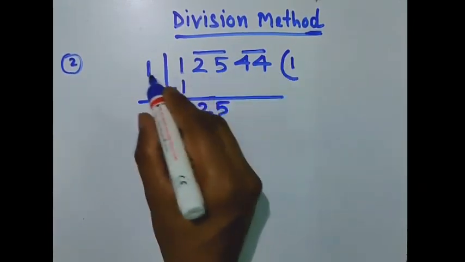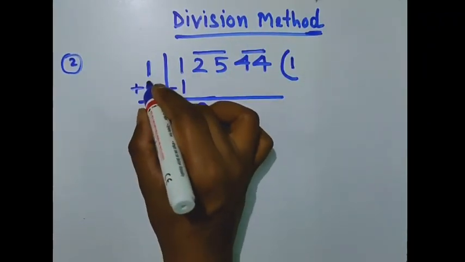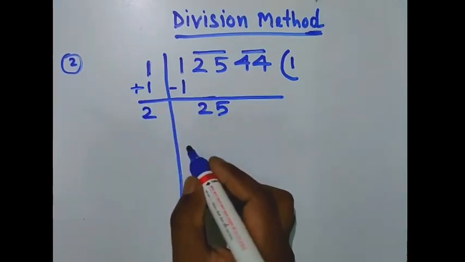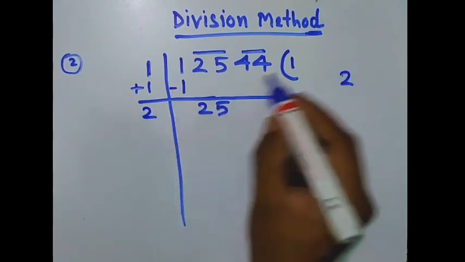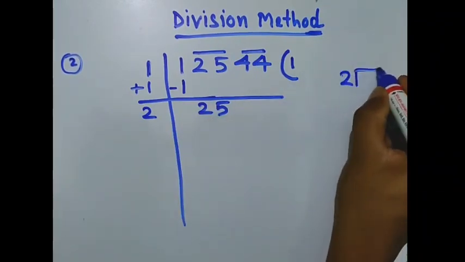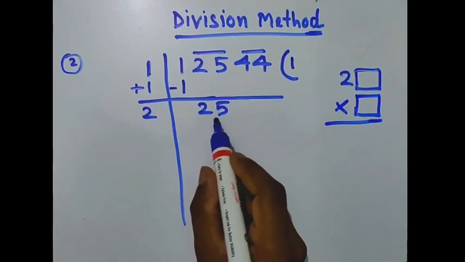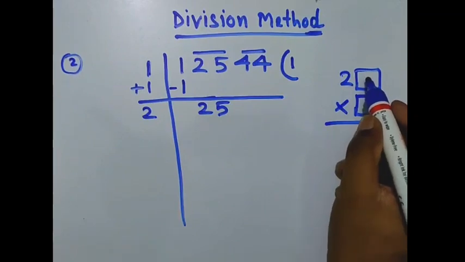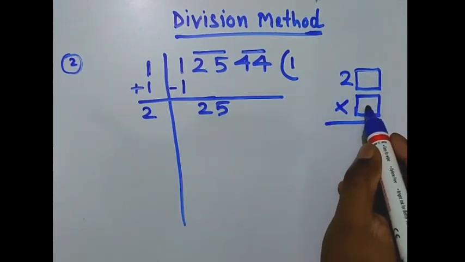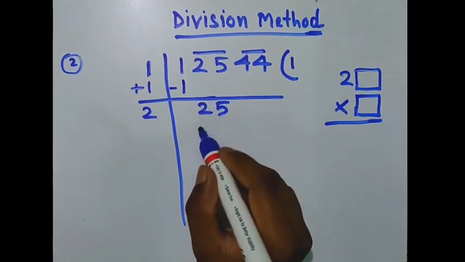So what we have to do after this, we have to add the same number. After multiplying 1, you have to add 1 here. So plus 1 will give us 2. Now think of a number that you can put here and multiply the same number here, right? So what number should you multiply in order to come somewhere close to 25, or let's say 25. So if I put 2 here and 2 here, 2 4s are 44. That will be more. We have to get somewhere less than this, not more than this.